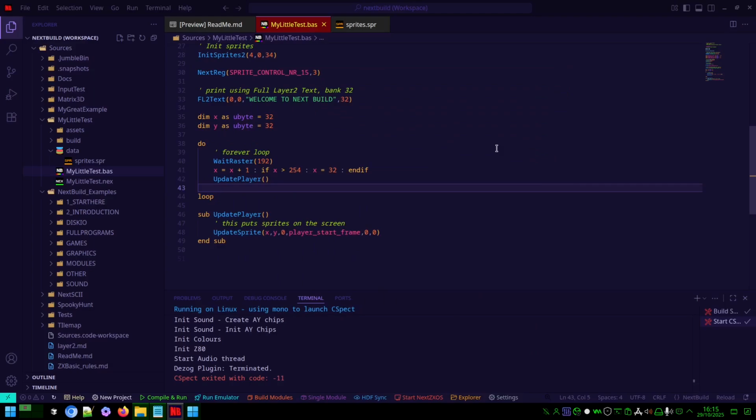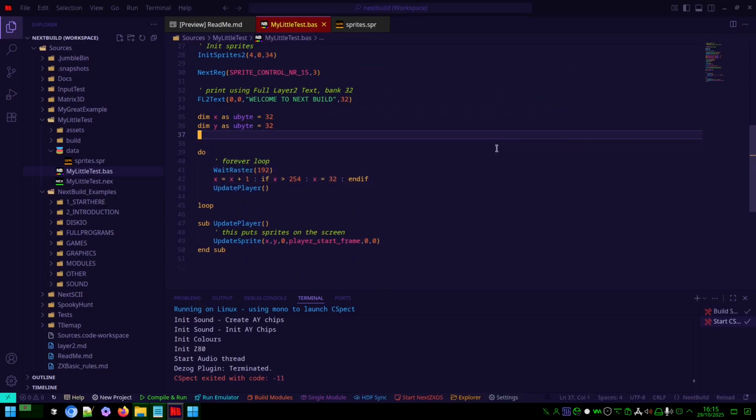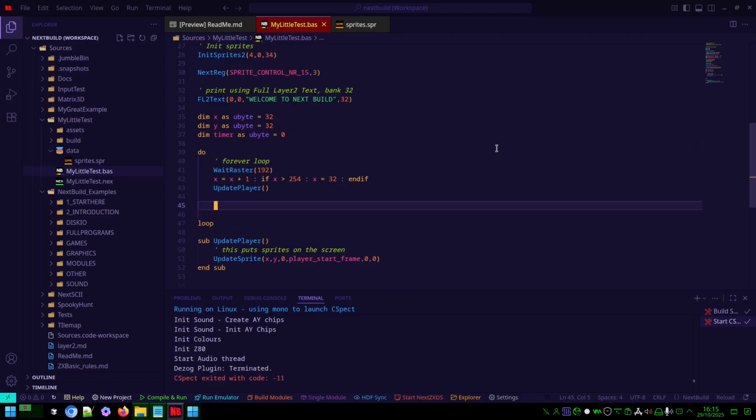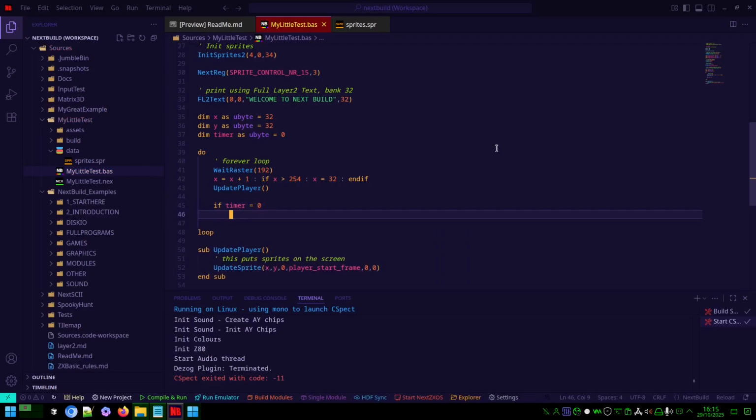We need to also make sure that he's animated. So let's make sure that he wobbles across the screen. So the best way to do this is we're going to need a timer. Okay. Why are we going to need a timer? Because this will control when we actually update the frame. If timer equals 0, then